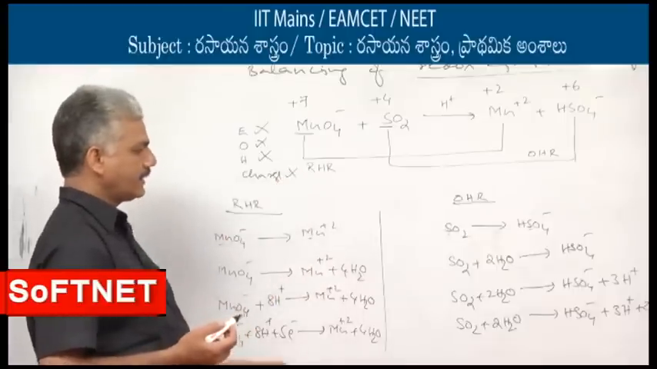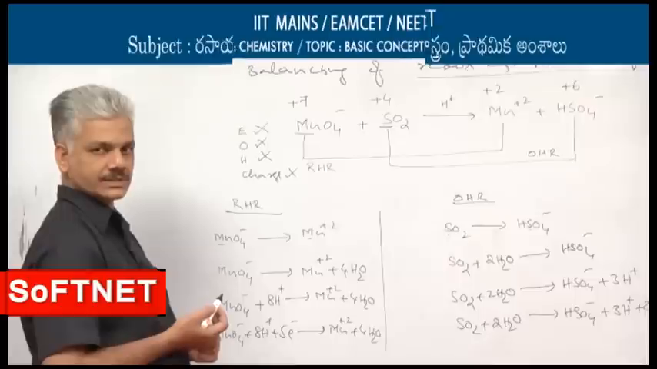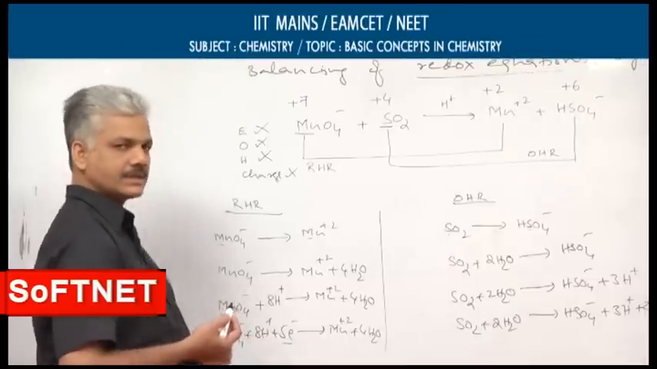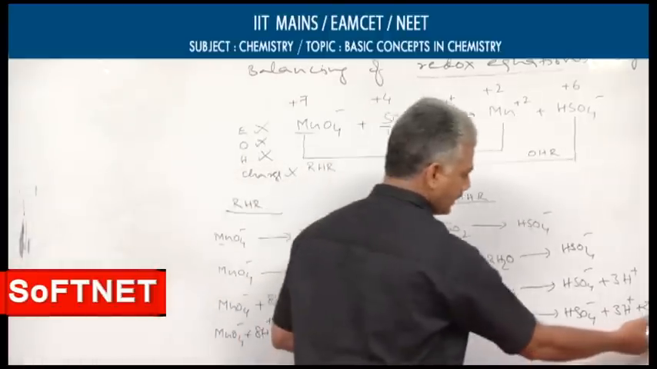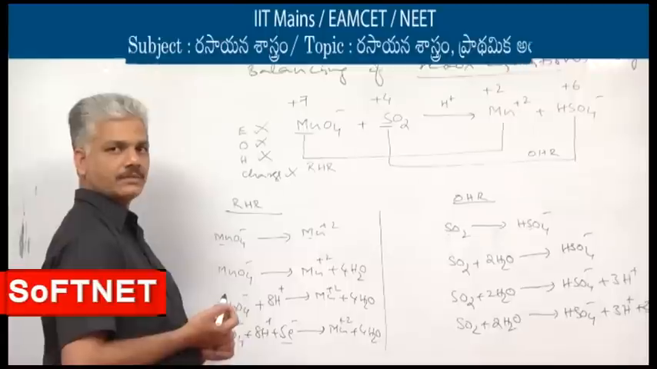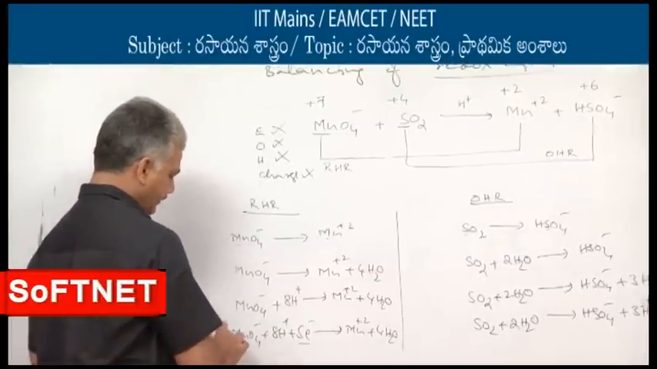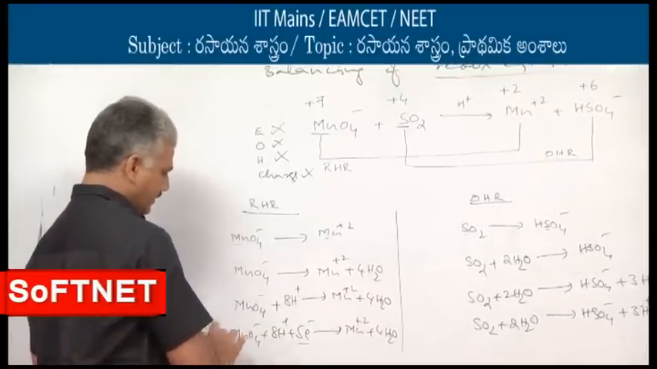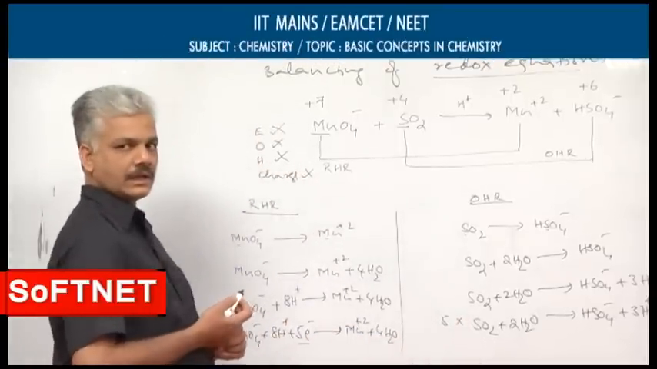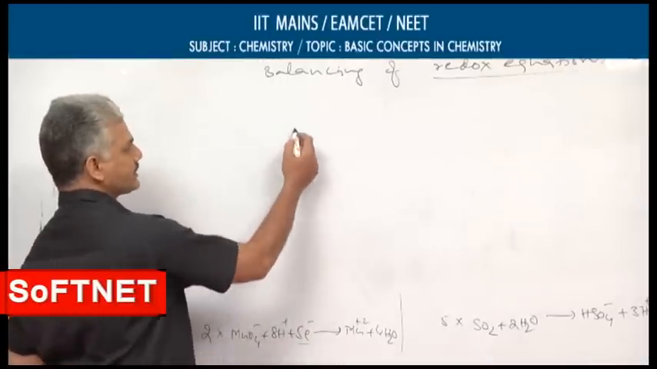Now, the two half reactions are to be added to get the completely balanced equation. For that purpose, before adding, we should see that the number of electrons in either of the reactions is the same. If they are not the same, multiply with suitable numbers. In this case, the number of electrons is not the same, so we will multiply this equation with 2, this equation with 5, and then we will add the equations. Multiplying this equation with 2, we get